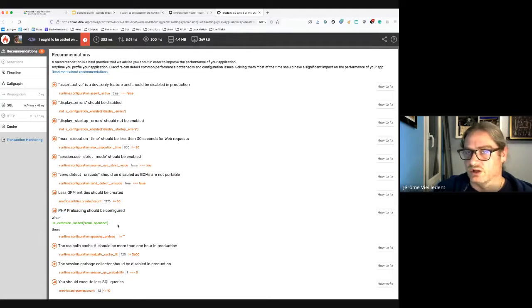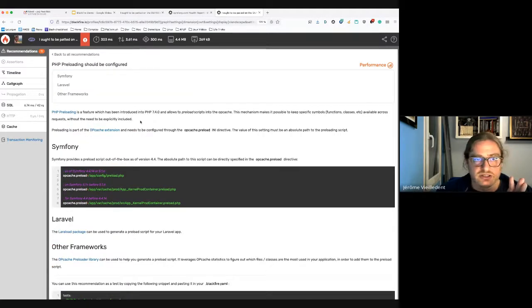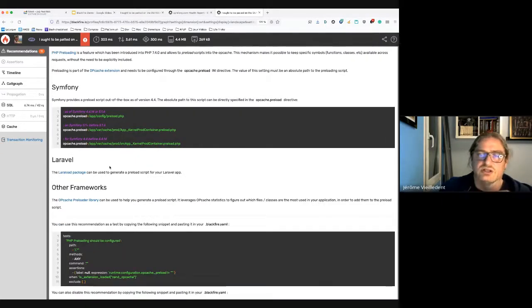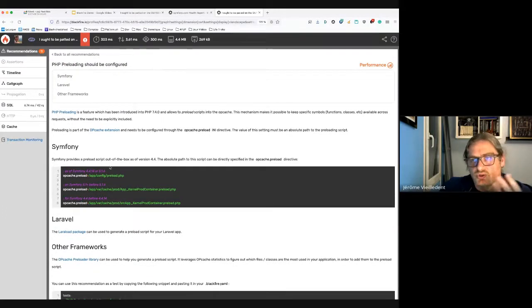And with Symfony, if you're using PHP 7.4 or superior, you definitely should configure PHP preloading. You would gain like 15 to 20% performance. And everything here comes with how to fix it, in the documentation. So about PHP preloading, this gives you insight on how to fix it for Symfony, for Laravel, or other frameworks.